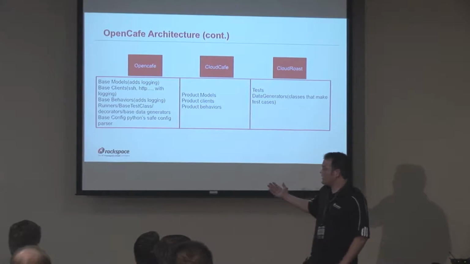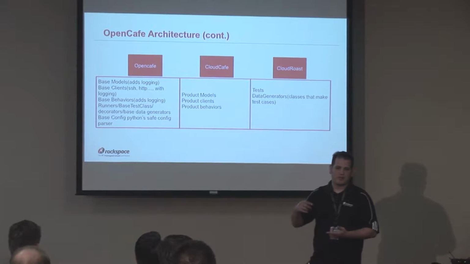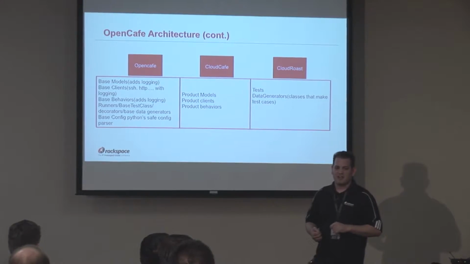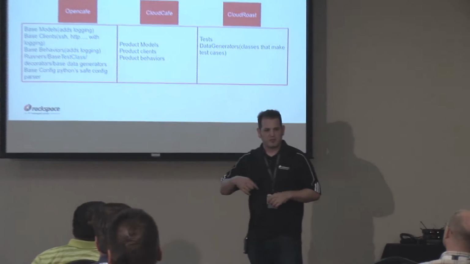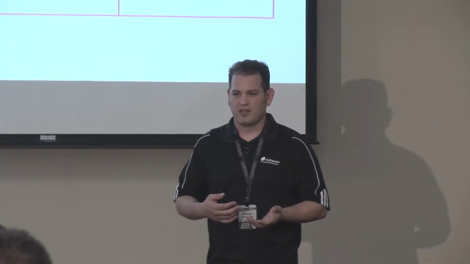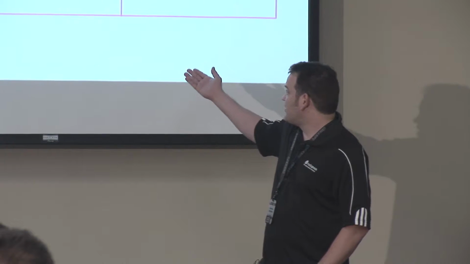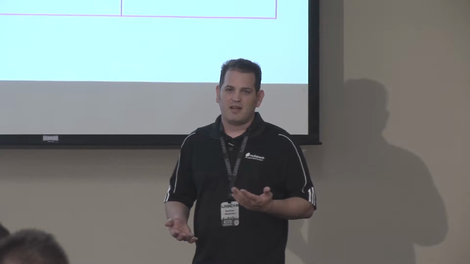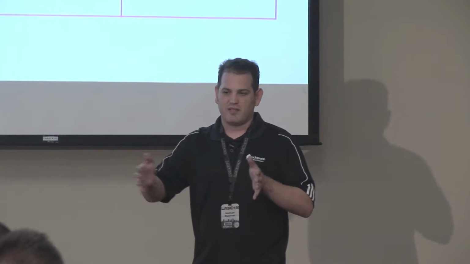But Cloud Cafe contains all of our product models. So to create a server, it requires these attributes, and we have that model in there. And then it kicks back a response. We have a response model that will change it into an object from XML or JSON. And then our clients pretty much map exactly to the OpenStack docs and our behaviors. And the behaviors is where the most complicated code lives. It's where if we needed a test to do X, Y, Z,